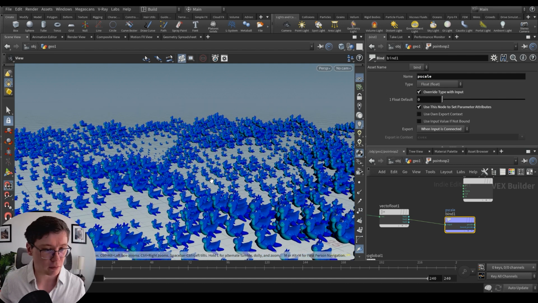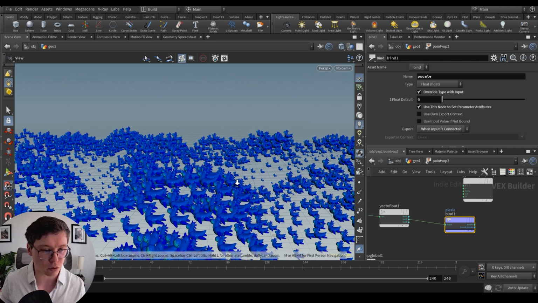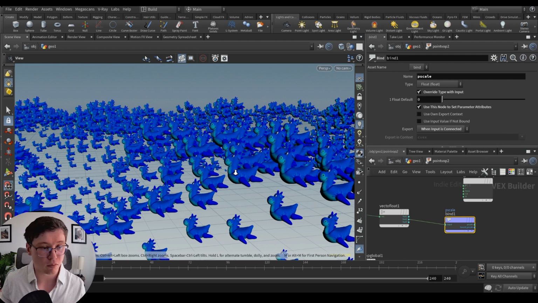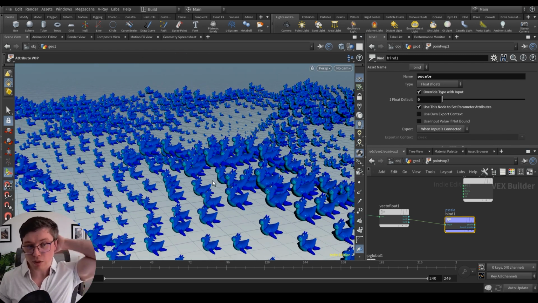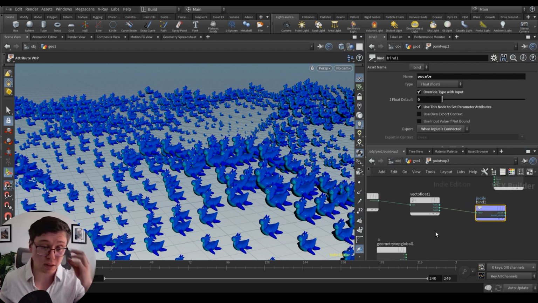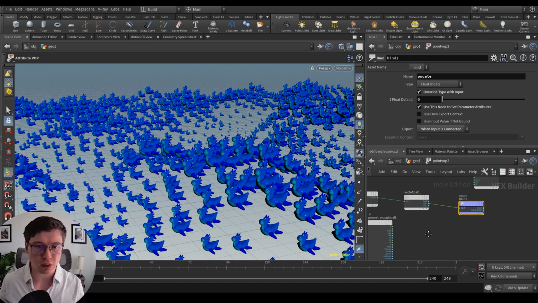And now we see that we basically have the scale of these clones driven by the height of this geometry. Now that's the sort of trick that I like to use in making forests, things like that. You can always remap it, you can add some noise, you can do all kinds of things. That's the beauty of Houdini, it's very procedural and you can design anything with noise and all the functions that are available. So that's actually pretty neat.